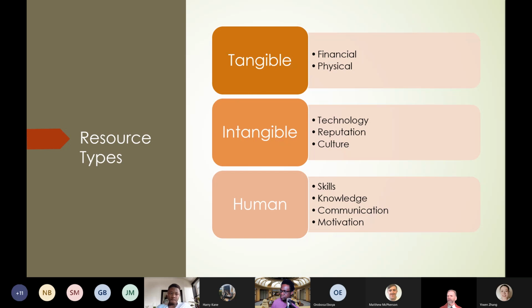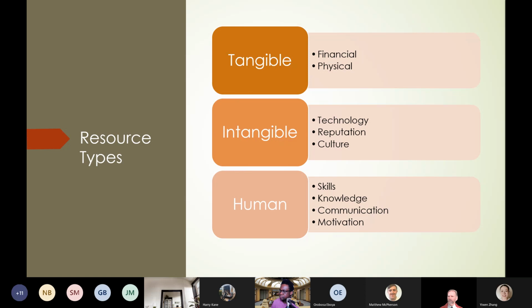What if you have created some technology to allow your organisation to work? What if that delivery company that we're talking about had a fantastic piece of software that allowed them to come up with the best possible delivery route, which means that all their deliveries happened much more quickly than their competitors? All of a sudden that's a resource, and it's an intangible resource because you can't touch it, but it's certainly a resource because it's something that you can use either, say, to expand your operations, or it could be something that you could sell to your competitors.